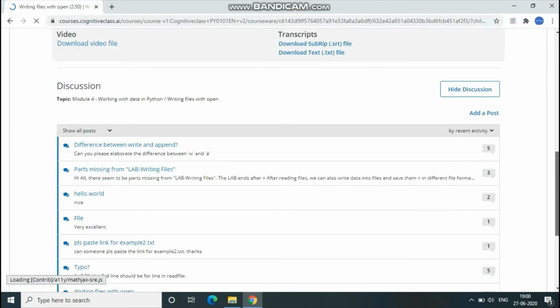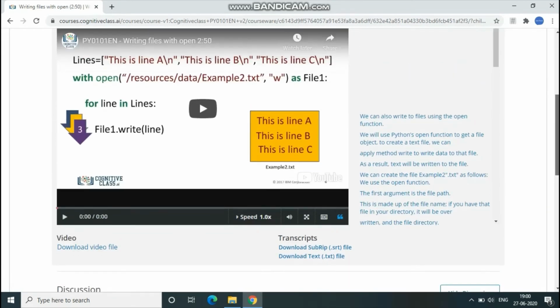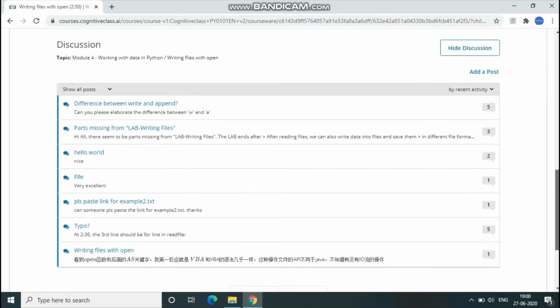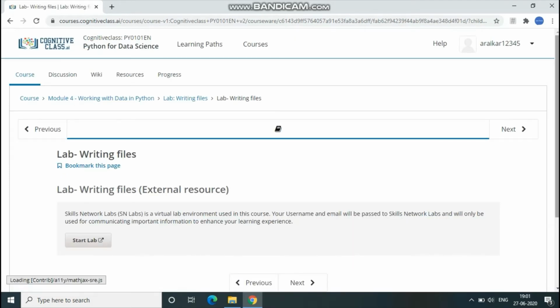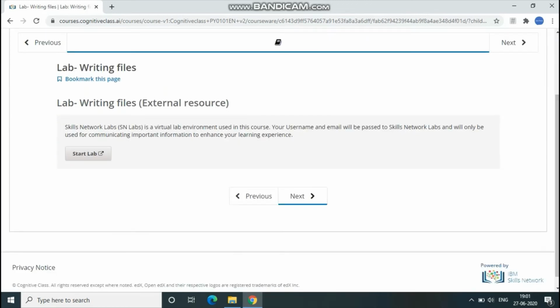It will be having writing file details, opening file details, everything. I'm just skipping everything here. That's why it's taking time. You just go through it thoroughly.